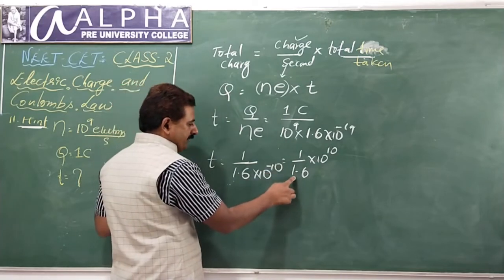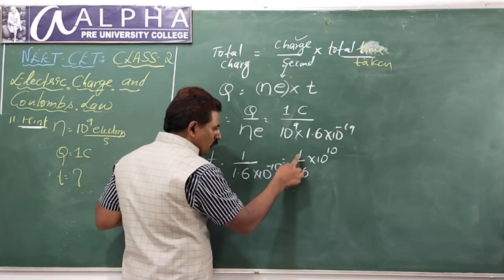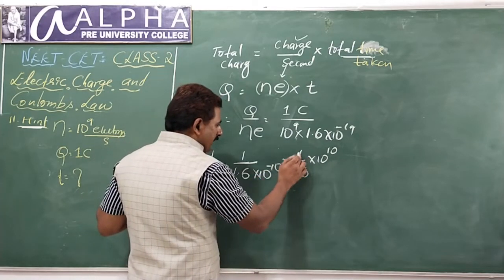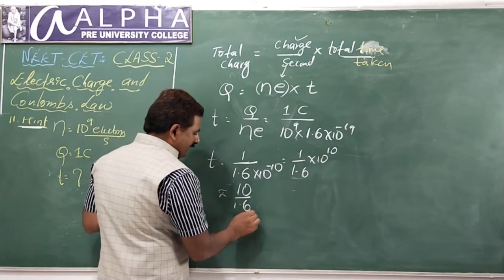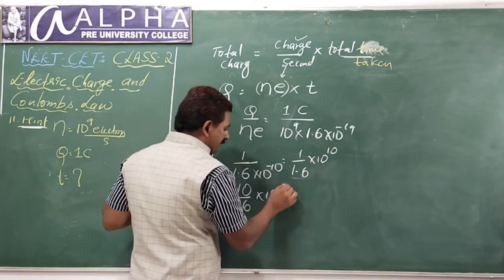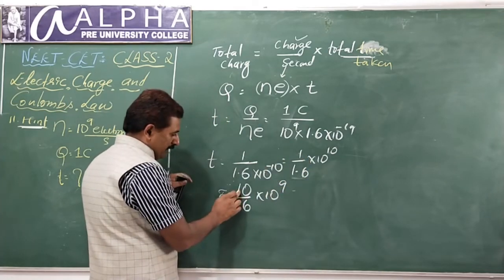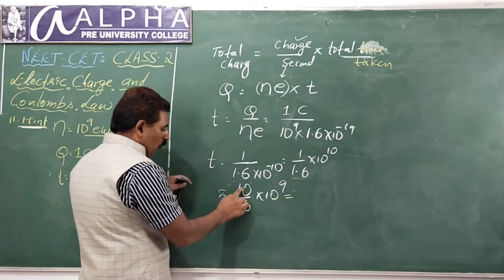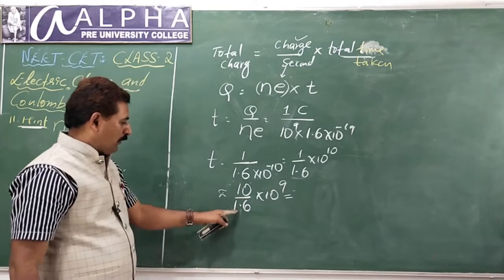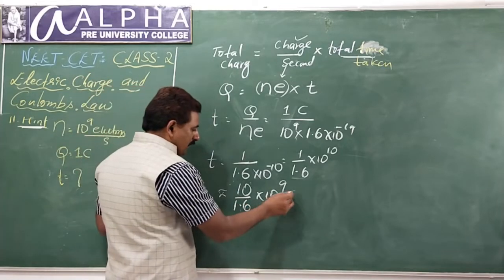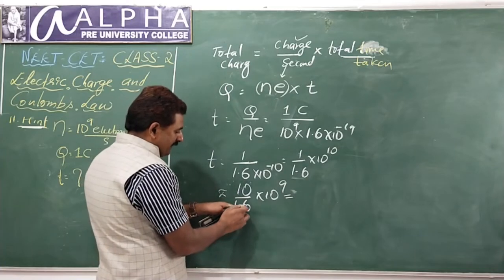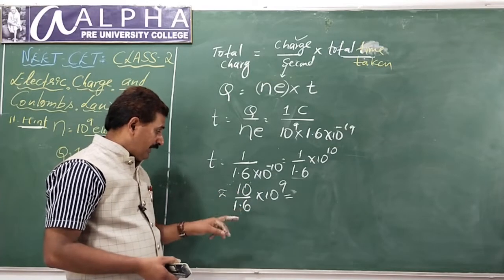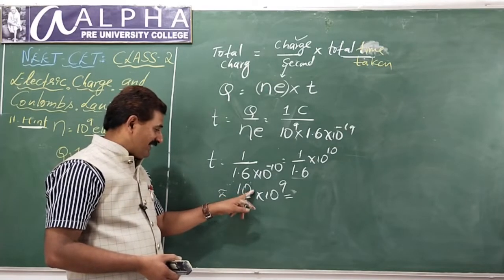1 by 1.6. Denominator more, numerator less, so the value comes less than 1. Or otherwise you can do it this way. Take 10 here, 10 divided by 1.6. Now the remaining is 9 because 10 you have taken, written here. 10 power 1 plus 10 power 9 is 10 power 10. Okay, fine. Now you can divide 10 by 1.6. It is like 16, you can say the 16 multiplication table in terms of 100. 16 5s are 80, 16 6s are 96.